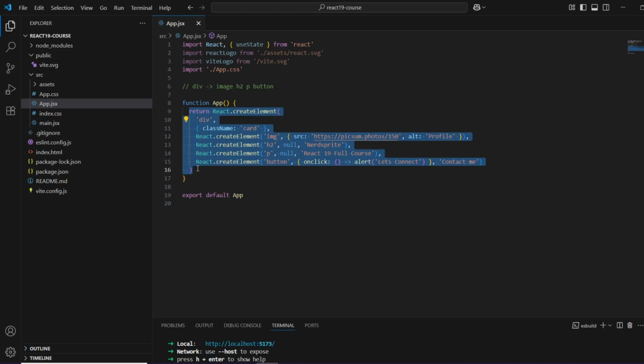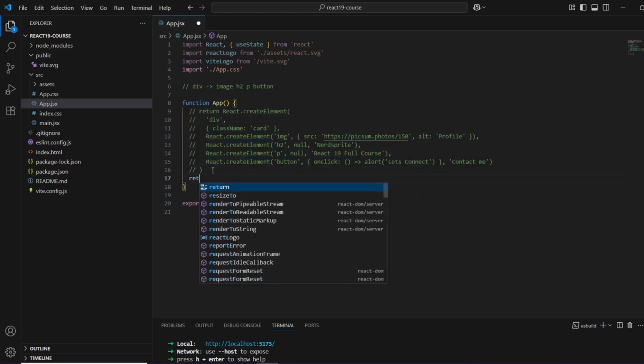So now let's check this out: the exact same thing written in JSX. Let's comment out this return, and we'll write the same thing again with JSX. So, return,